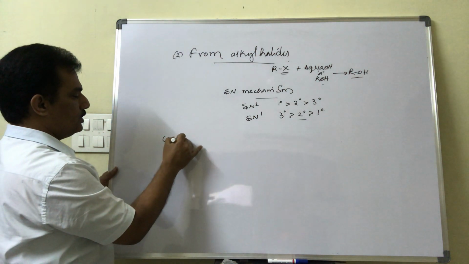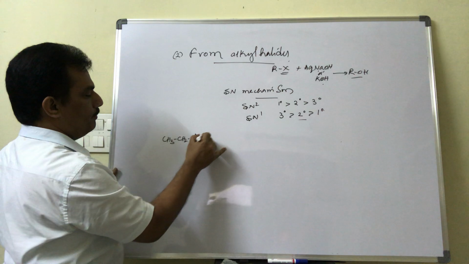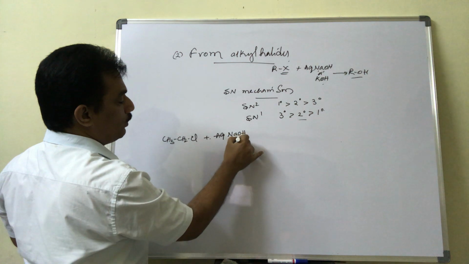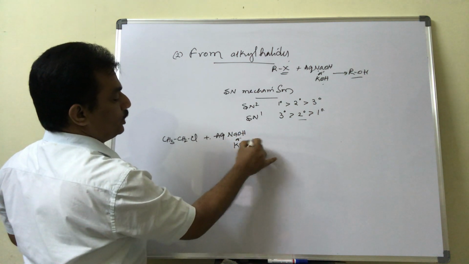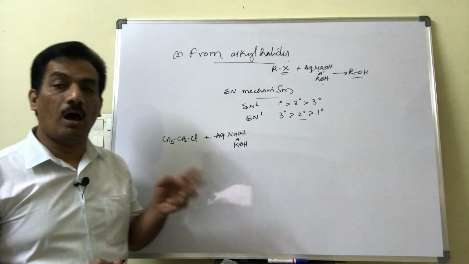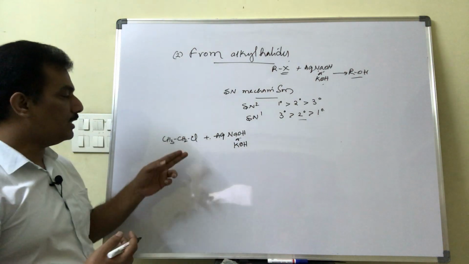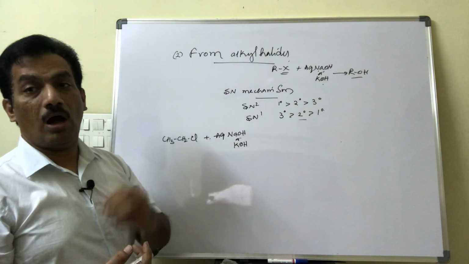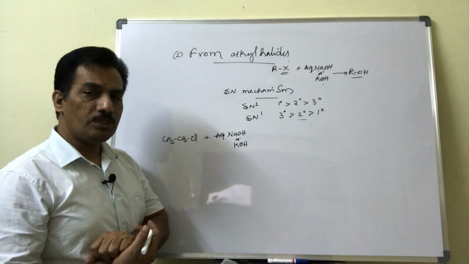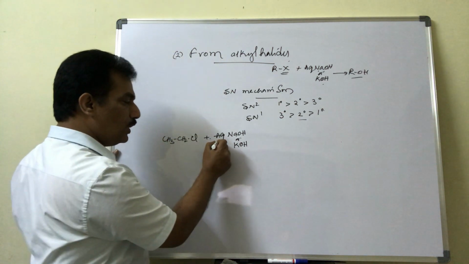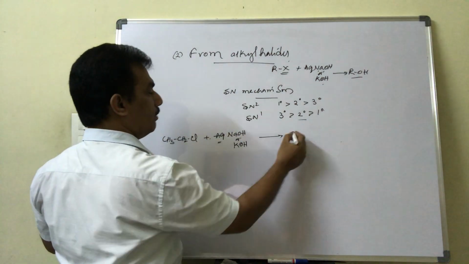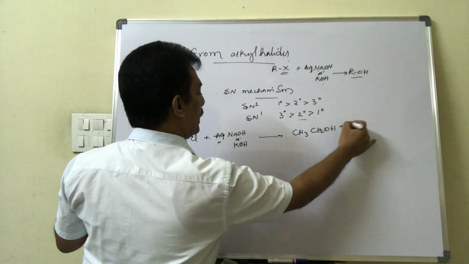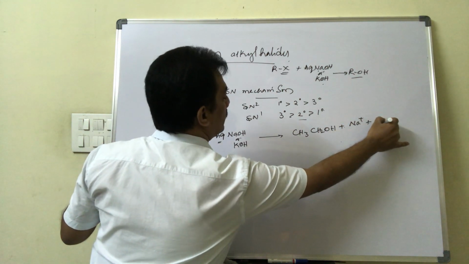If it is CH3CH2Cl, when it is treated with aqueous NaOH or KOH, remember dear students, it creates substitution. In case you use alcoholic NaOH or KOH, then it leads to the formation of alkene, that is elimination, because the alkoxide group in alcoholic NaOH is a base. Base means eliminating group. That's why we should use only aqueous, and in this case it forms ethyl alcohol and Na plus and Cl minus, like this.